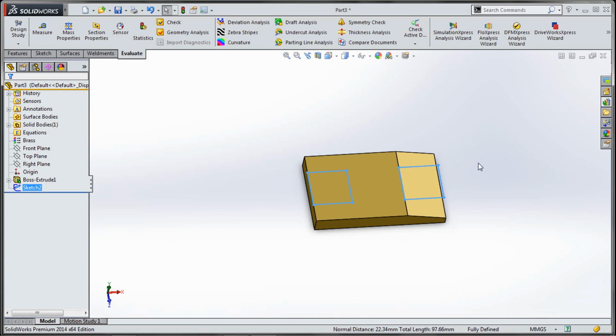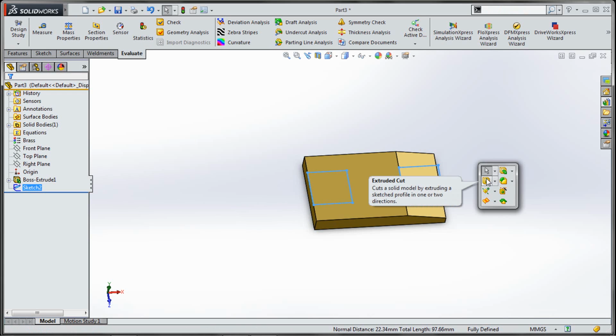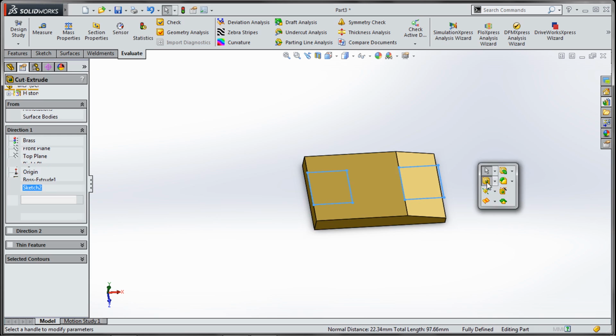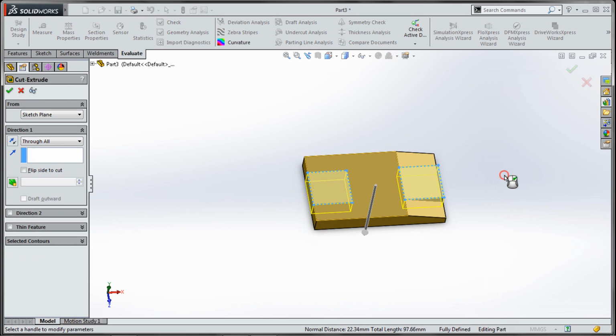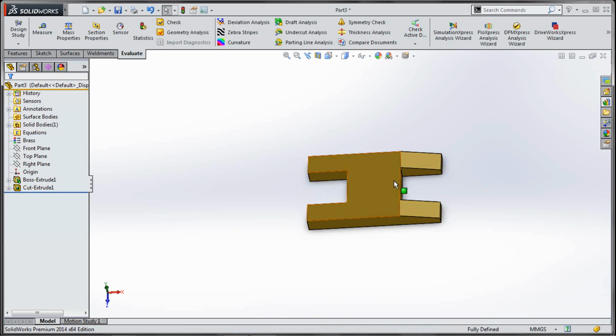So exit the sketch, again S key, choose extruded cut, through all, and right click to confirm.